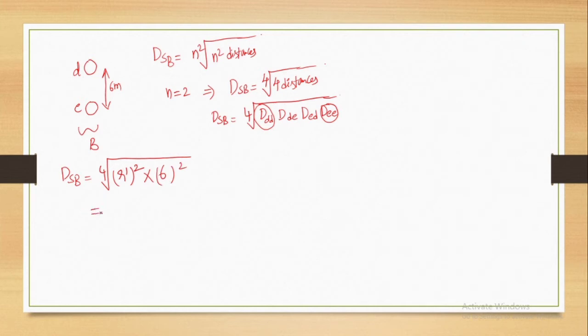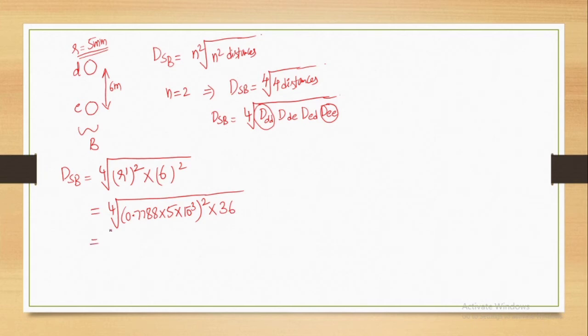Now it is the fourth root of... what is r dash? R dash is 0.7788 times r. What is the radius for each conductor in the written path? It is 5 millimeter. So it is 5 into 10 power minus 3 meters. Now r dash squared into 6 square is 36. Find out DSB by using this formula.